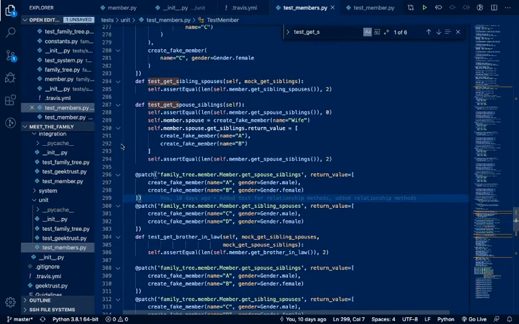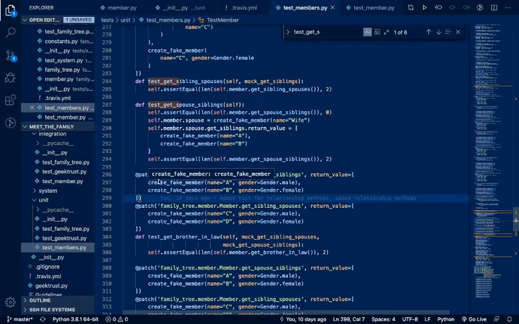And as for get spouse's mother, although we are not using it, I want you to leave it there. I don't want you to remove it, so leave it as it is, right? It serves as a benchmark, as in when we added these new methods and we changed the get brother-in-law and get sister-in-law code, we didn't want to break anything that was already there, right?